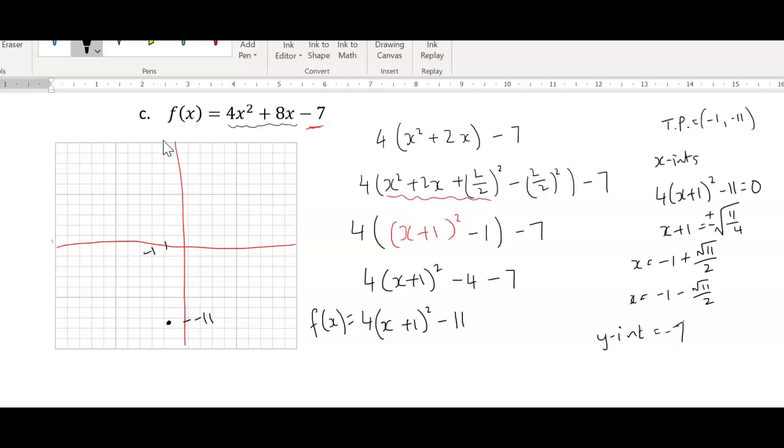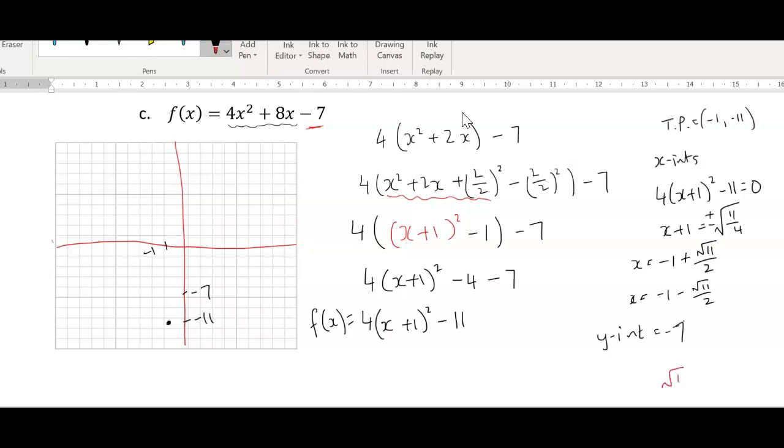Right, so it's down there. Your y-intercept is at -7. And then our 2, oh gosh, this is going to be complicated. Square root of 11. All right, so if I might just do this down the bottom just as an aside,